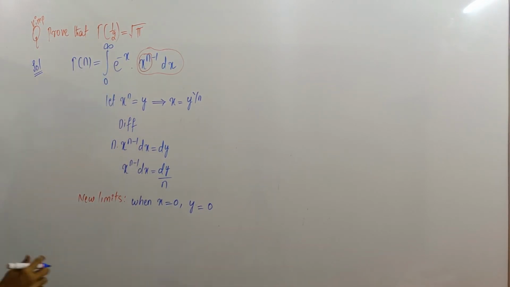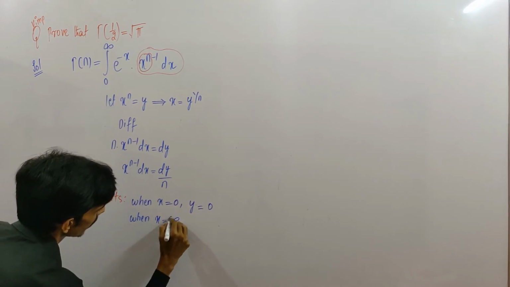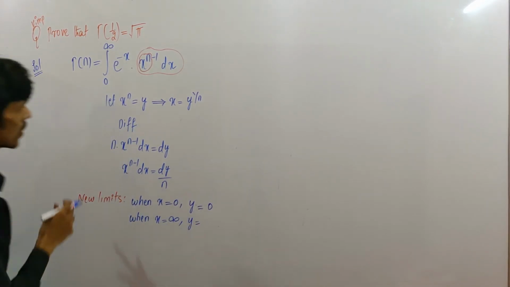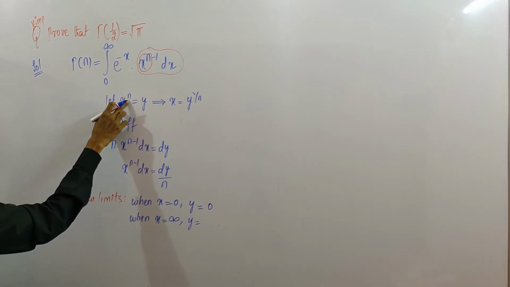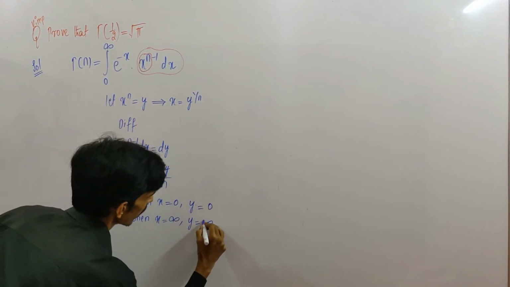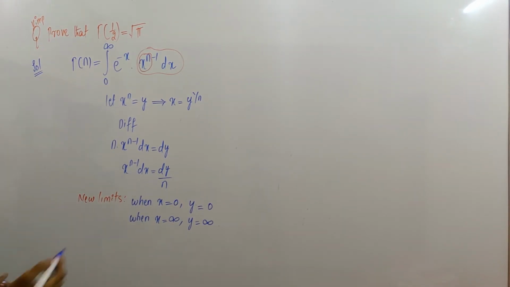The upper limit for x is infinity. When x is infinity, then y will be, substituting x equal to infinity here, infinity power n is infinity only, so y value is infinity. Hence this integral gamma of n will become